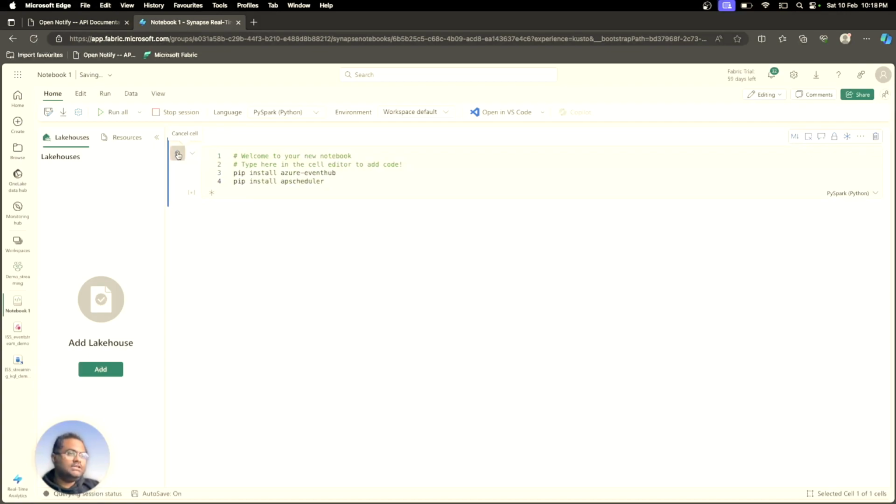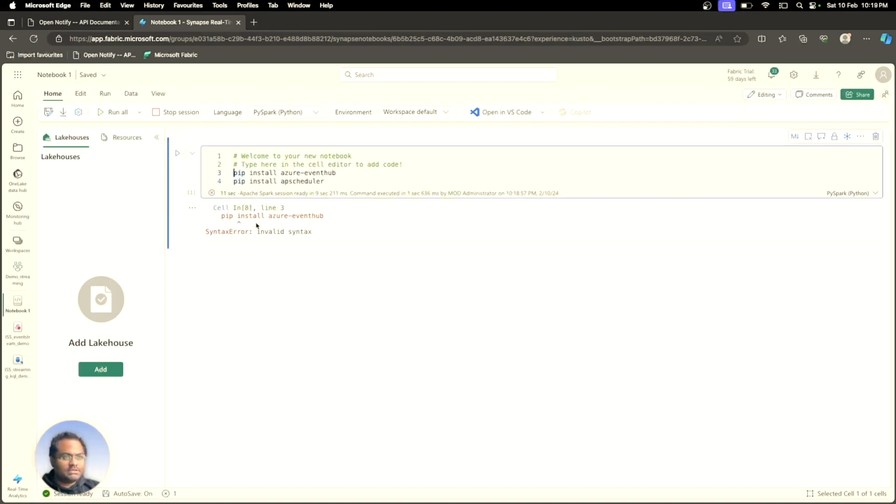So we are installing Azure Event Hub as well as the scheduler that we would be needing to schedule this particular notebook to run in 5-second intervals so that it can send the data to the Azure Event Hub at an interval of